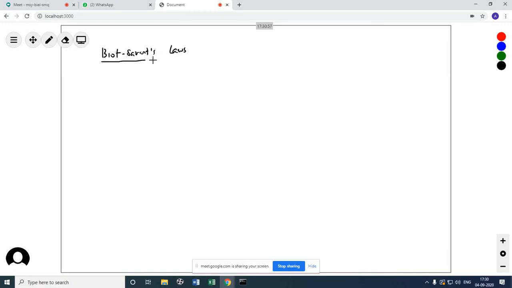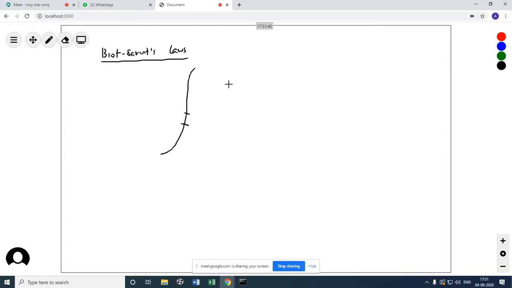Biot-Savart's law. So we've seen from Oersted's experiment it was clear that a current carrying conductor produces a magnetic field, right? Yes, sir. So Biot and Savart then formalized it. They consider that you can take any wire, and the total magnetic field due to this wire is attributed to small length elements. First, we will find out the magnetic field due to a single small length element, and then what it is for the whole wire we can easily find from there.